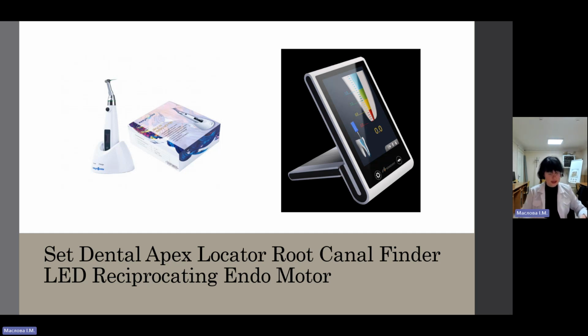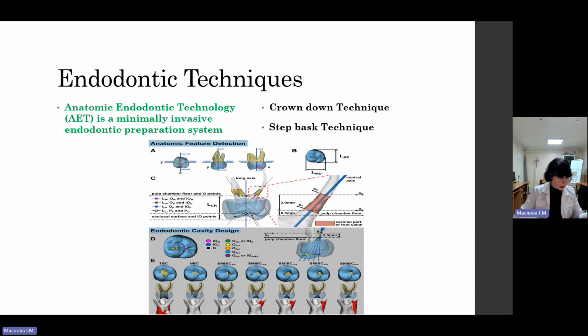The next type of technique is the crown-down technique. It's a standard classical endodontic technique. A series of instruments of decreasing size of taper are used in the crown-down technique. Each file reaches deeper into the canal. In this way, the next smaller or less tapered instrument cuts deeper apically than the previous one. The repetition of such a sequence results in deeper access within the canal and or further enlargement of the canal